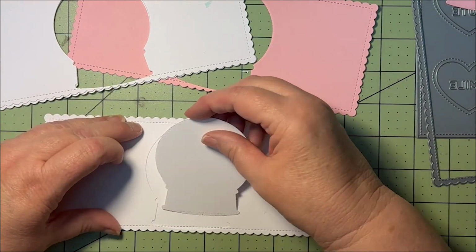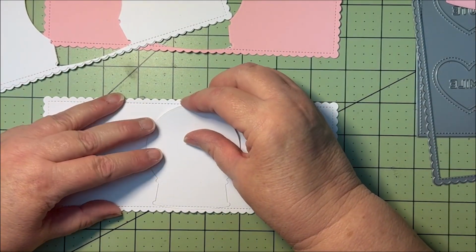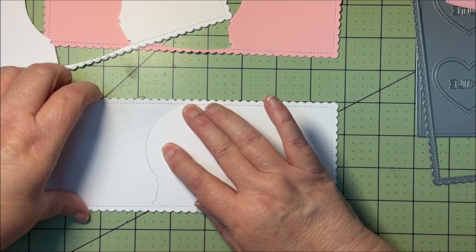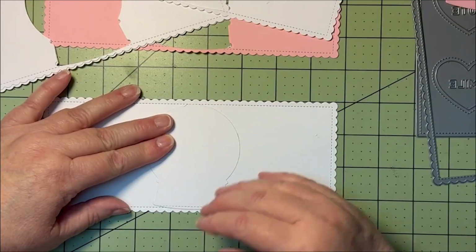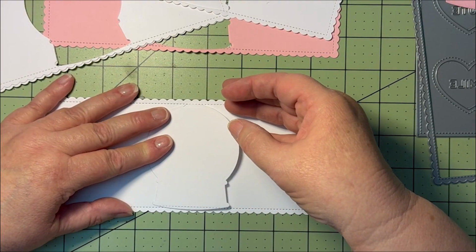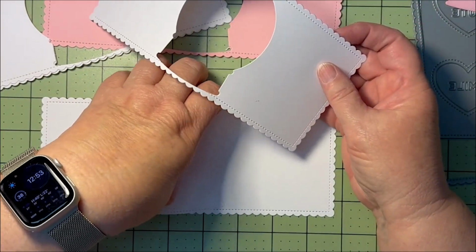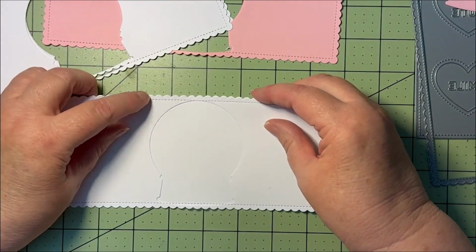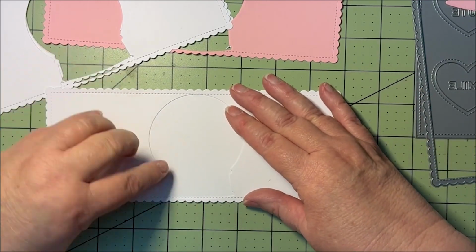So I measured one, got it where I wanted it. And then for the other layers, I'm just taking that inside snow globe, putting it where the initial cut was, and then I'm going to lift that layer up. I'm going to take my die and slide it over that snow globe, and when you're doing that, you'll be able to feel that edge, so you'll be able to feel that snow globe slide over it. Then I'm going to go ahead and tape it in there and then run it through my die cut. I do this 5 times on white cardstock, and then I'm going to go ahead and glue all of those